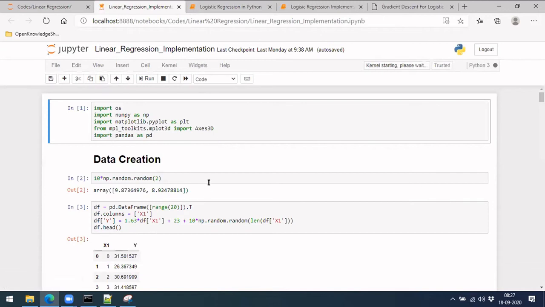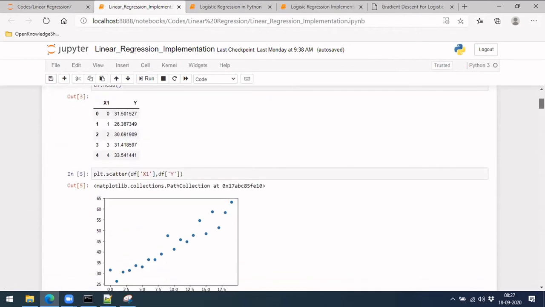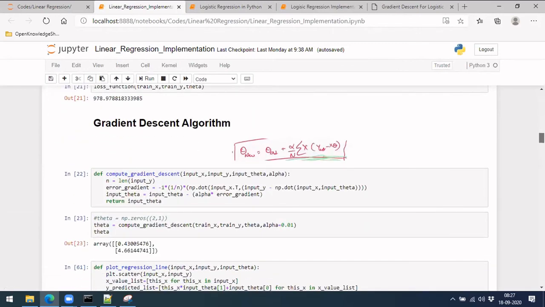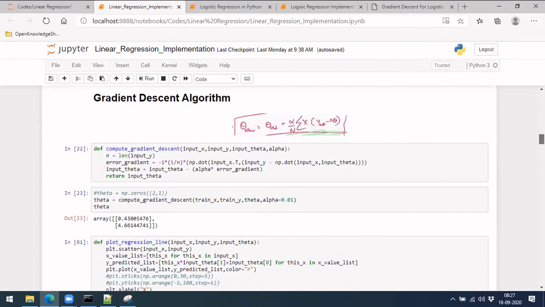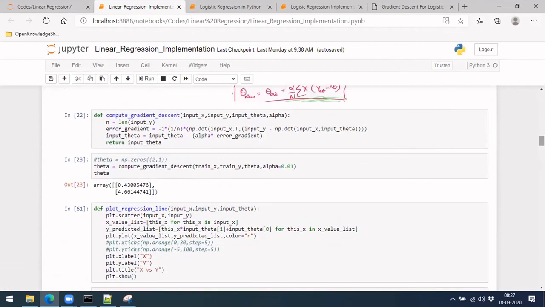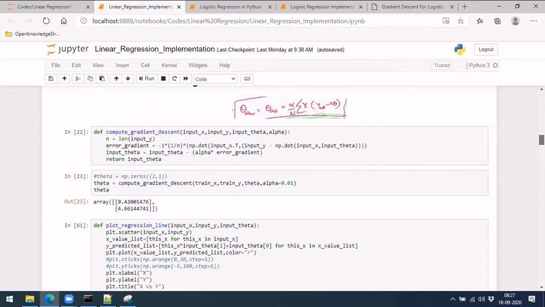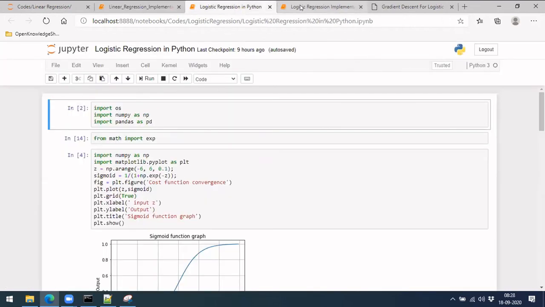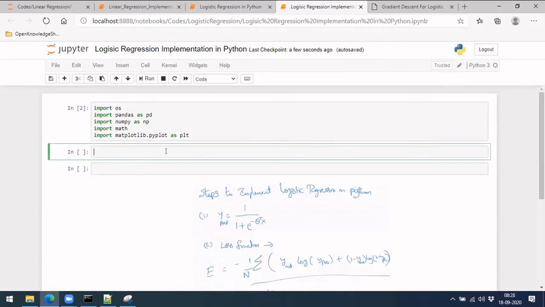Maybe we'll be using some part of the code from here, like gradient descent and loss functions. These are almost similar, right? So let's keep it here, and in case it is needed, we'll use it. Actually, I implemented it yesterday and kept it here, even the logistic function. So apart from that, let's move on.